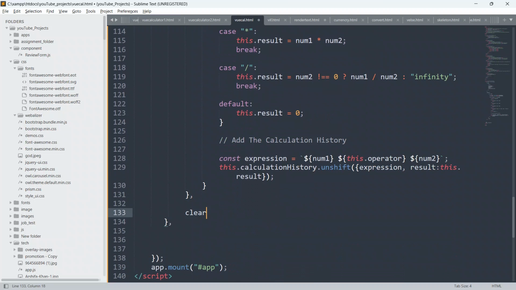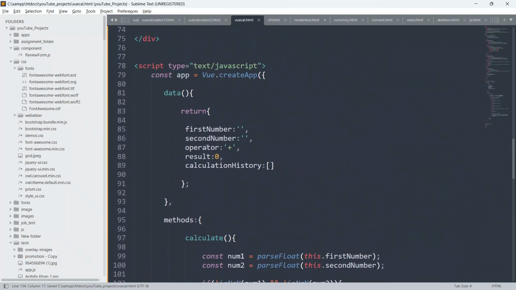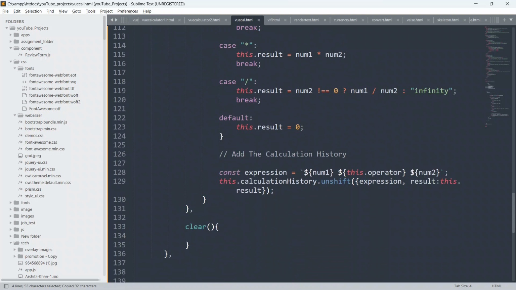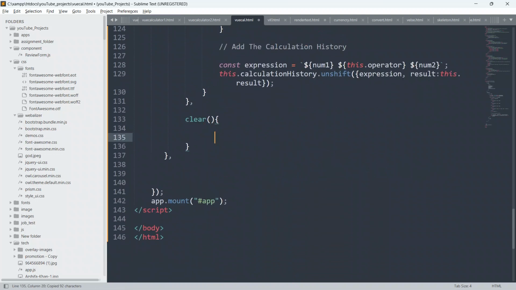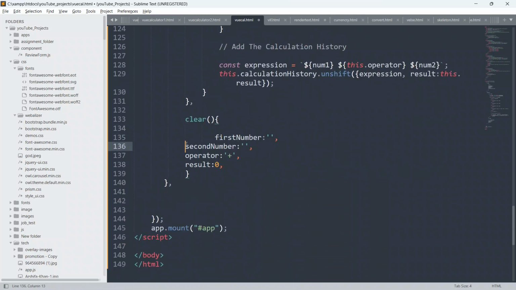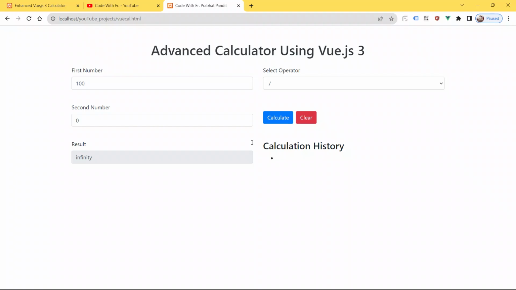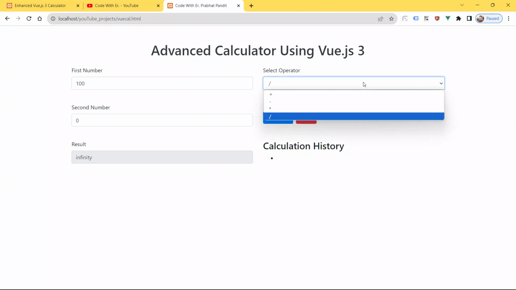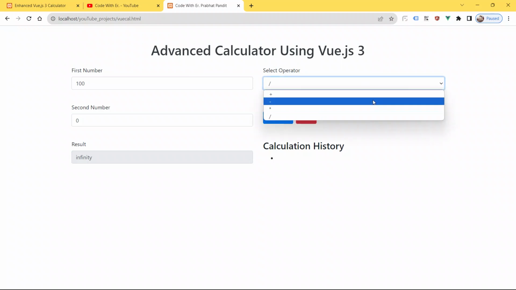Below this I'll say clear, and just copy this from here, paste it here, and bring it into one line. Just remove this, we don't require this because we can't clear the select operator input field, which is a drop down value, a select box value.